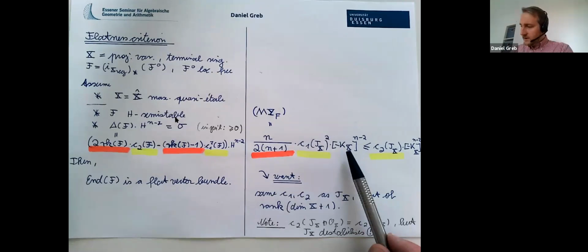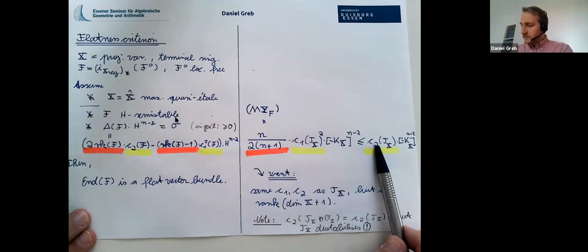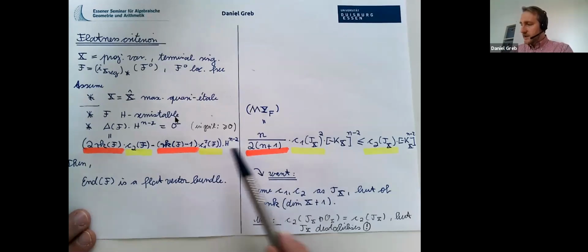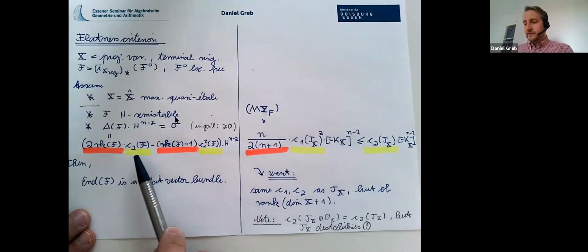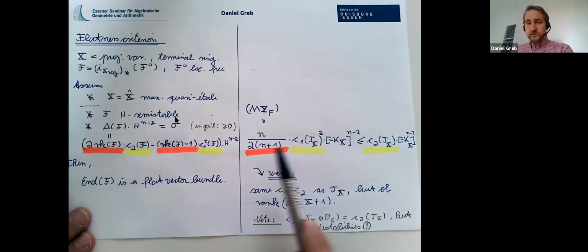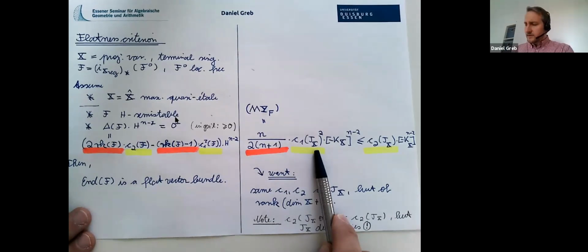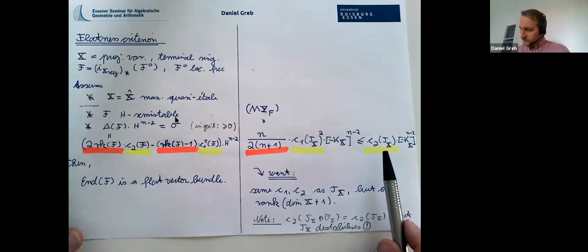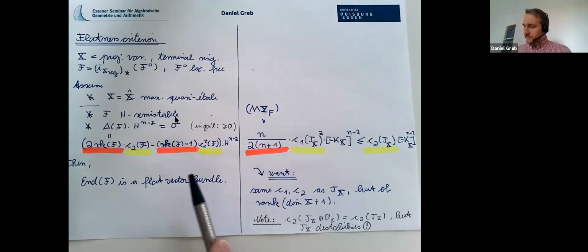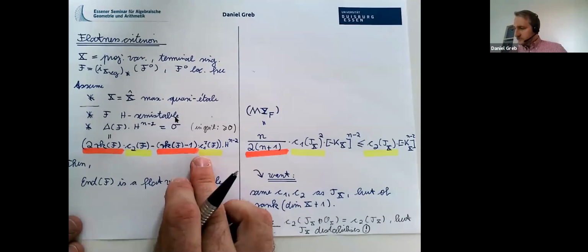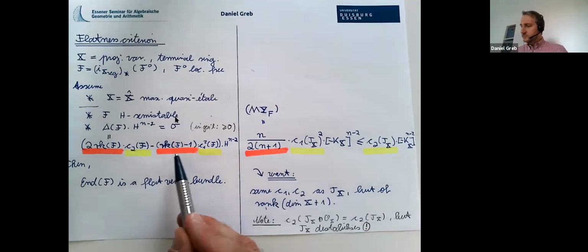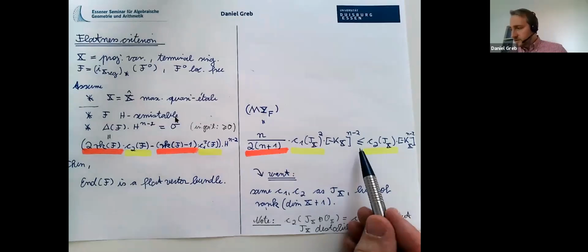Then you think that you have C1 and C2 here, but here it's of TF. So you could think that F would be the tangent sheaf. But then, if you shift around these terms, remember this is in general bigger than or equal to 0, and then you shifted the terms around so that you have C1 squared on one side and C2 on the other side. So this inequality is the correct inequality